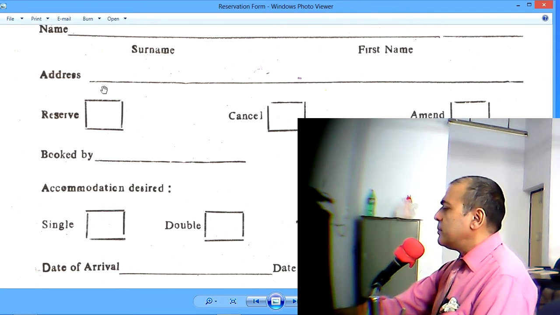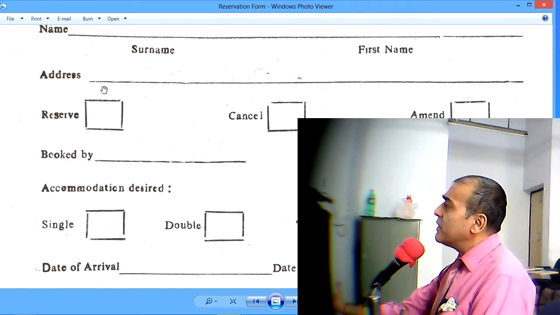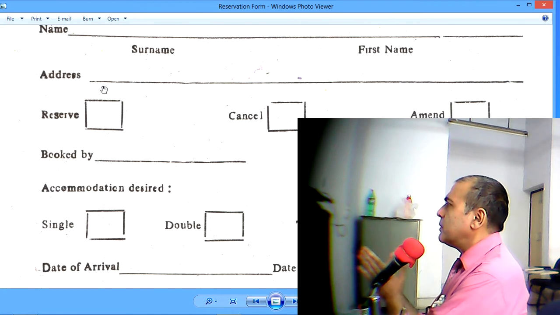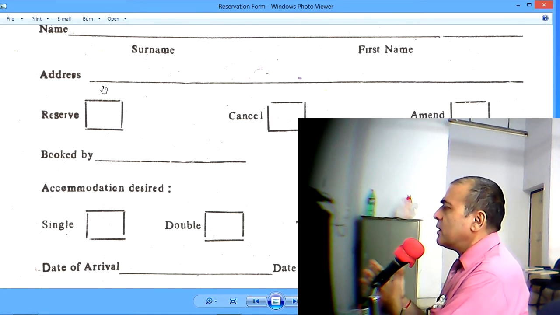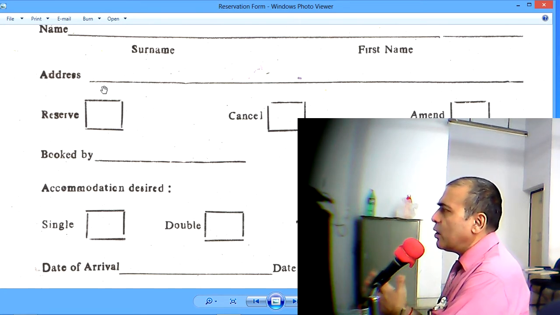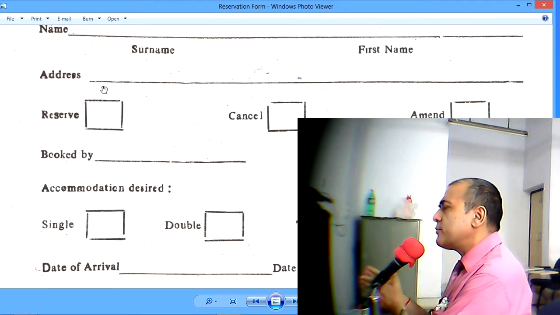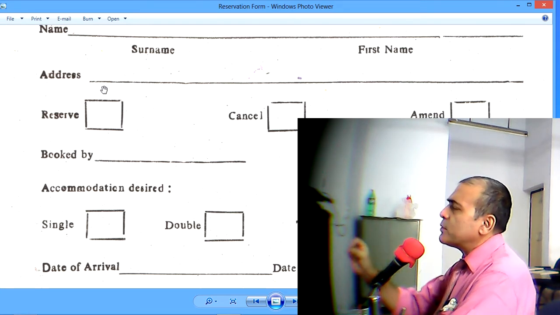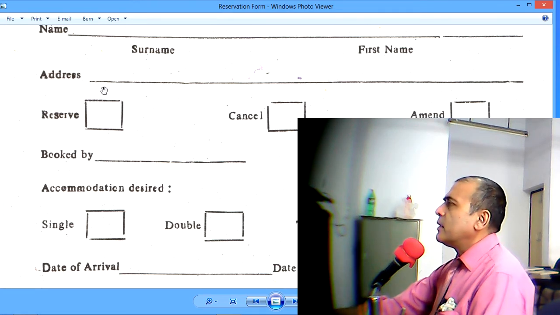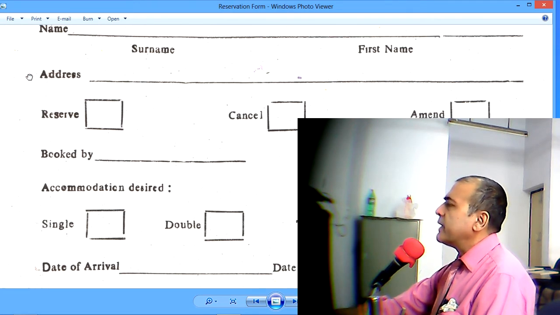Now in a computerized system, this is not an issue, but even here we record surname first. We have IDS PMS in our college, and in the reservation form of that PMS software, we also record names with surname first. That helps us in locating the name faster.